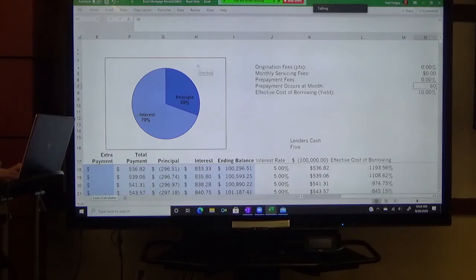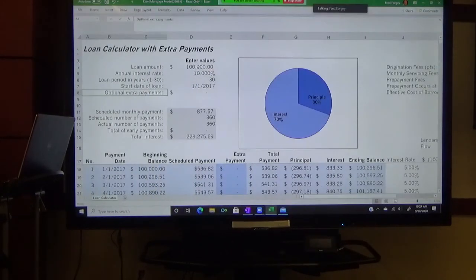And we don't prepay it. Okay. So this is just a basic sort of model. $100,000 loan, 10% interest rate, 30-year term. You can see, just like if you were to have put it in terms of your,